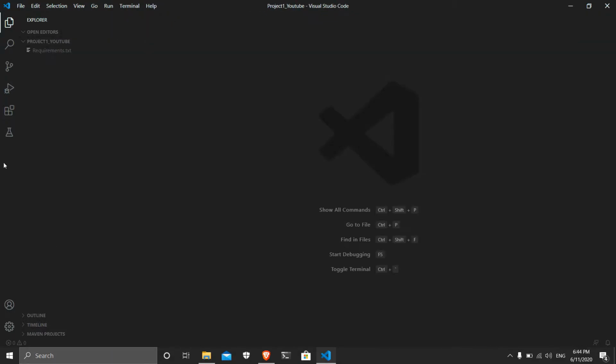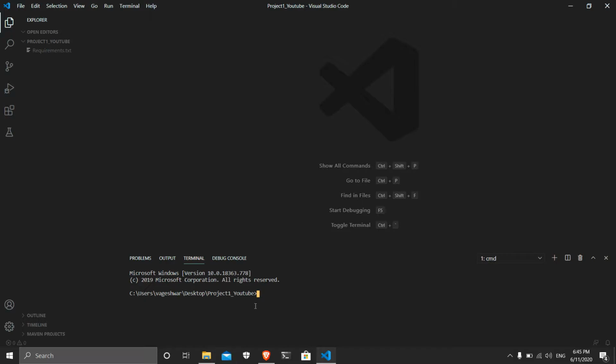So you have to open the terminal inside this directory. If you are using VS Code, you can just go to Terminal and click New Terminal. This will open the terminal inside this directory. Now I have to set up an environment. So first you need to install pipenv, for which you can use the command pip install